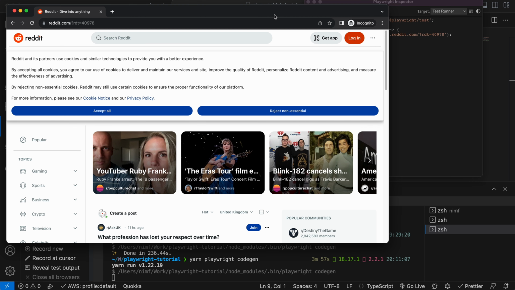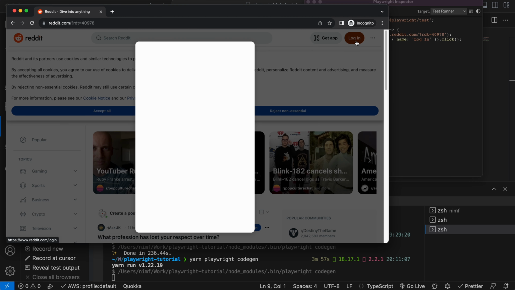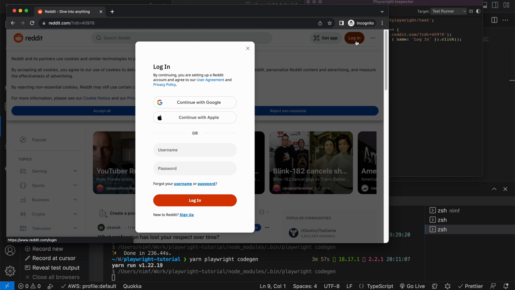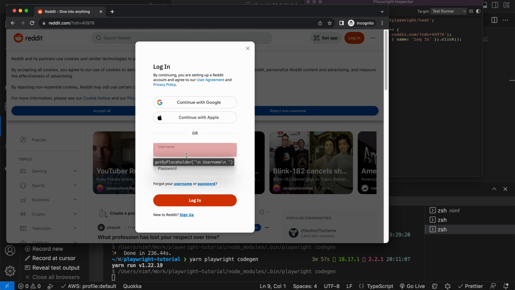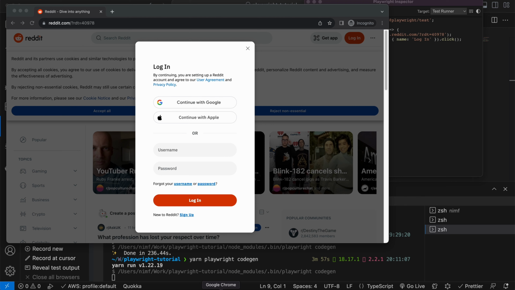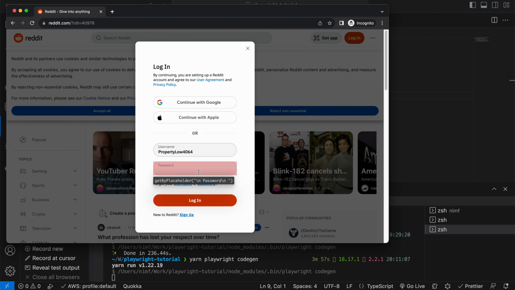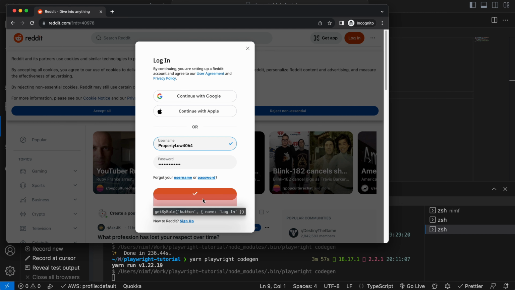So now we're just doing something on the page, and our code generator will register all the stuff that is happening here. So we need our username and password. Let me just copy it. Username. So I copied my username and